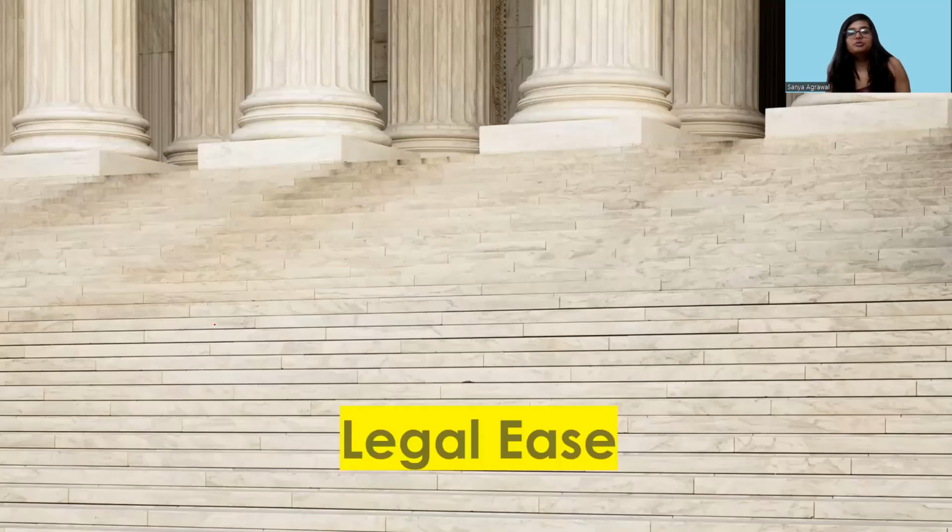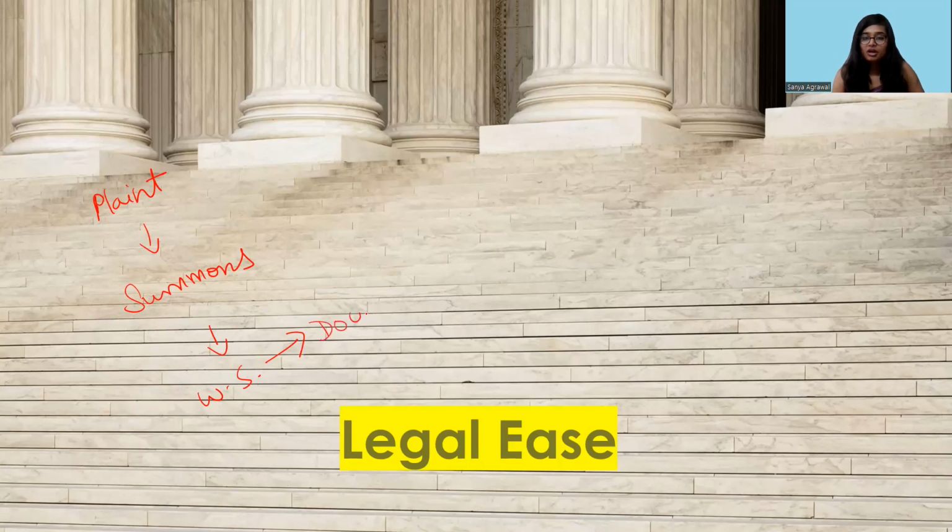First, let's understand these two by way of examples. So generally what happens in any suit, when you go to a court, you file a plaint. After the plaint is filed, the suit is considered to be instituted. After that, the court issues summons. The summons are served, and then after service of summons, a time period is given to file the written statement at appearance. After the written statement is submitted, if any document transfer has to be done, if any inspection of the documents has to be done,